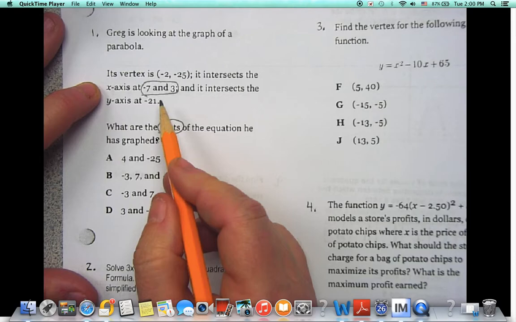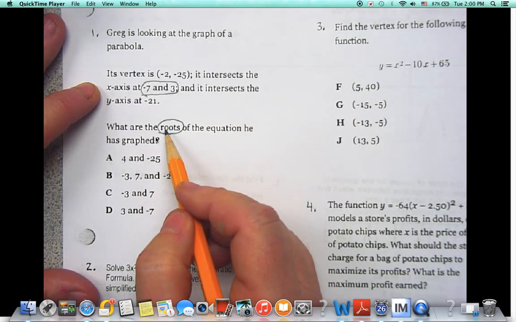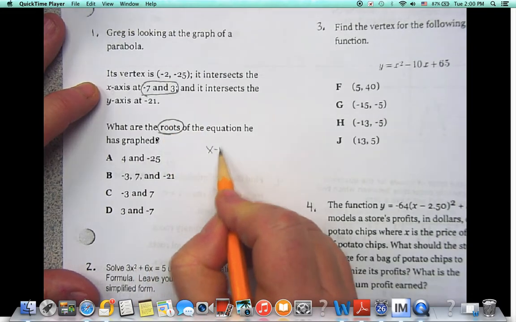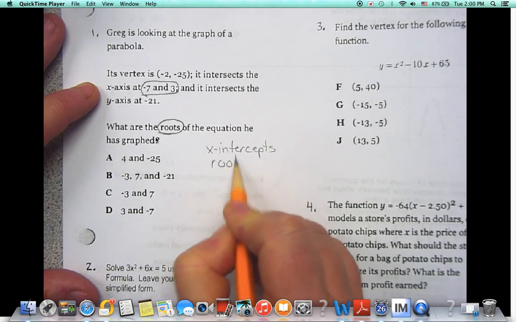So, what's another name for -7 and 3? X-intercepts. X-intercepts, roots. There's two more names. Intersection. Two real roots. No, x-intercepts, roots,